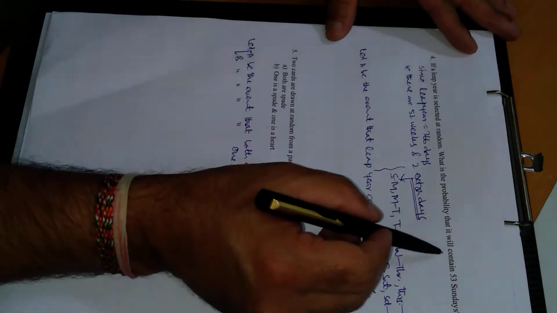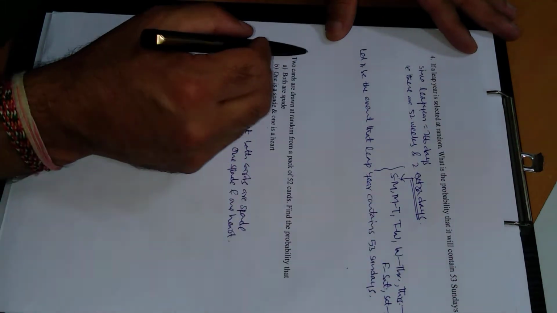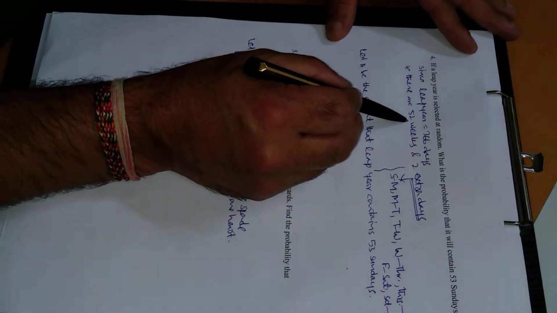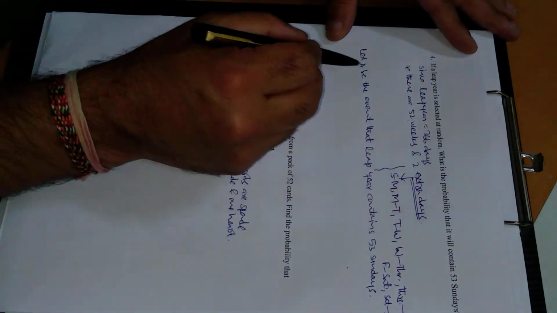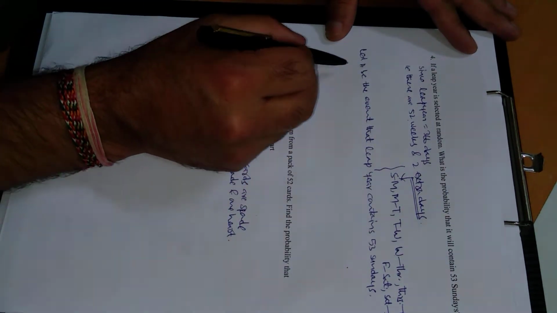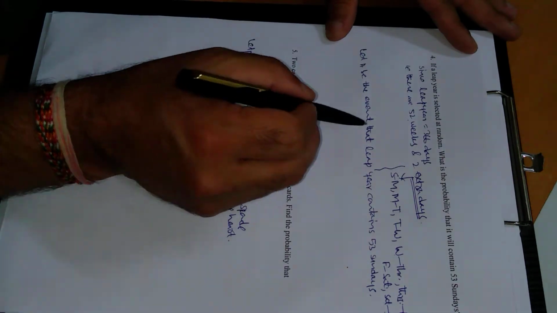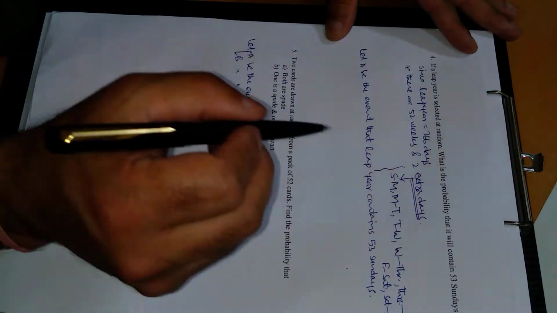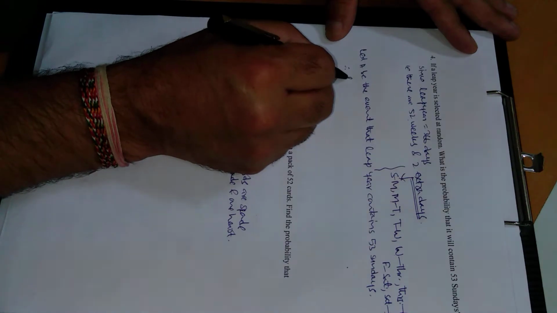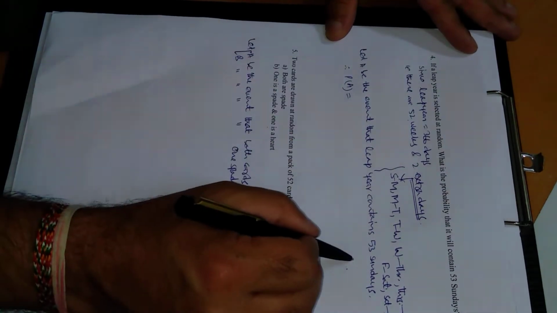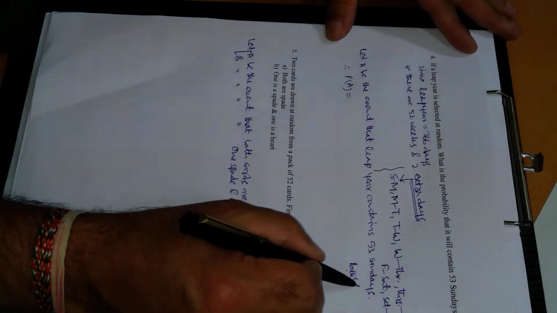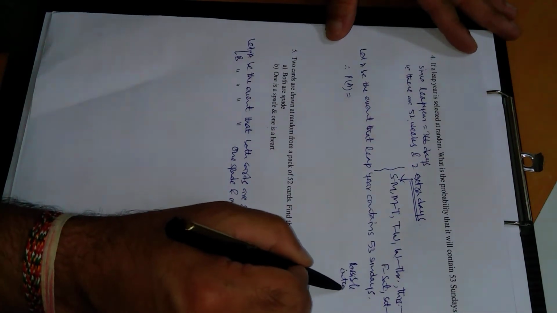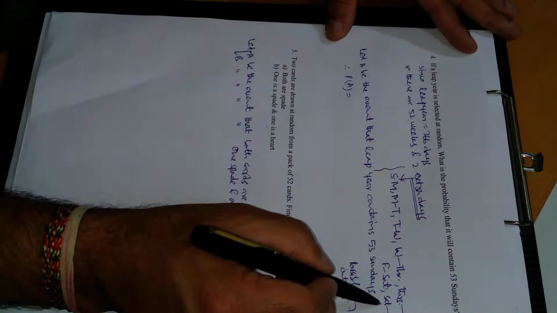Now we have to find the probability that there are 53 Sundays. 52 weeks means 52 Sundays are already there, so we have to find the probability only for one more Sunday. So let us put this in event form. Let A be the event that a leap year contains 53 Sundays. Therefore, probability of A, because possible outcomes are 7.